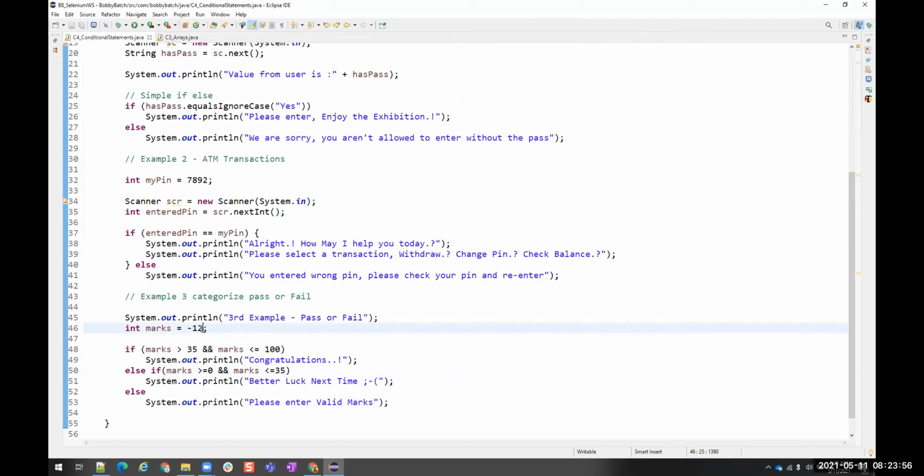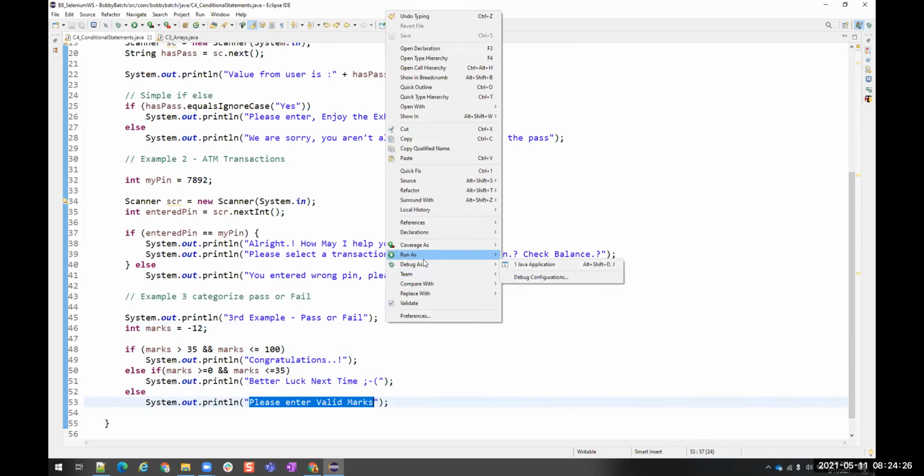Do we have minus 12 marks in any examinations? Not about competitive exams, but generally in schools, we do not have minus 10, minus 12. We get either 0 or positive, but no negative marks. There is nothing less than 0 in our grading. Now I am intentionally giving minus 12. This is also an invalid mark, so I am saying, please enter valid marks.